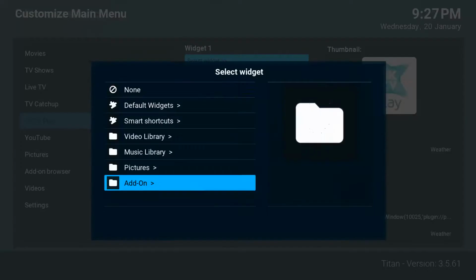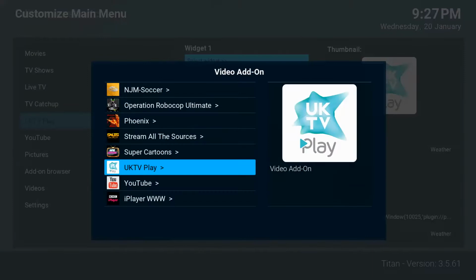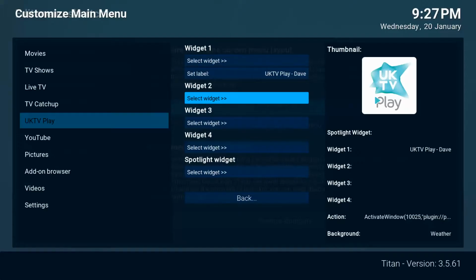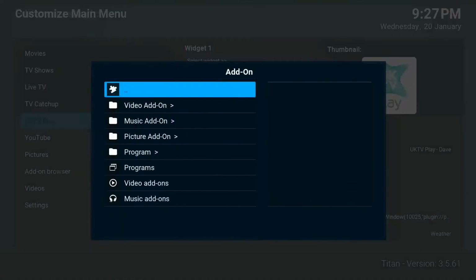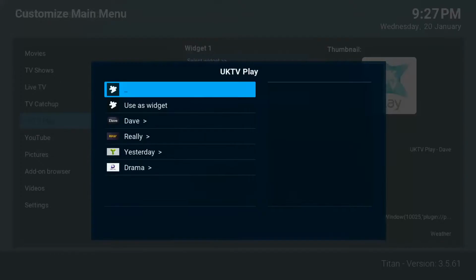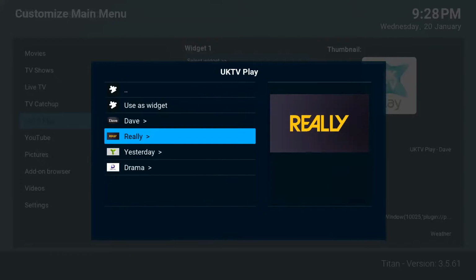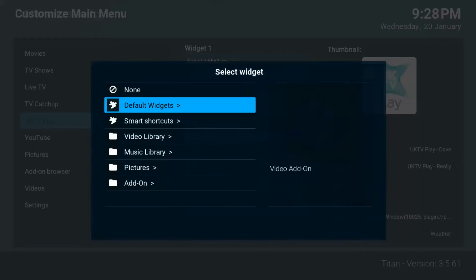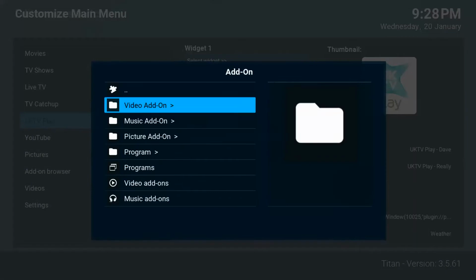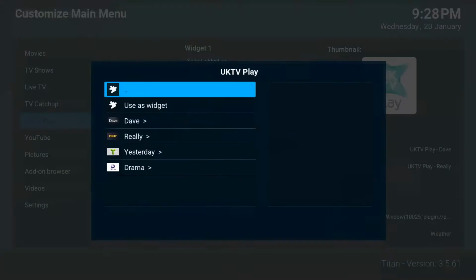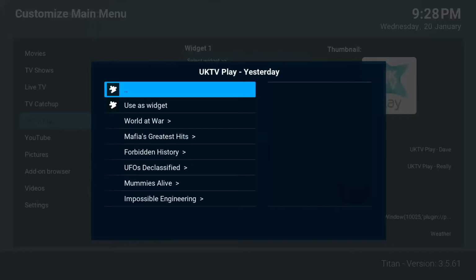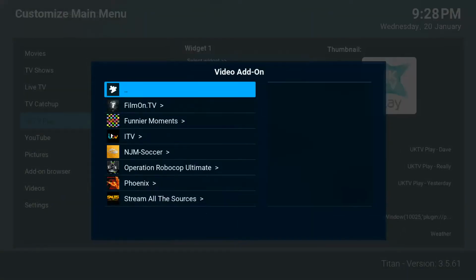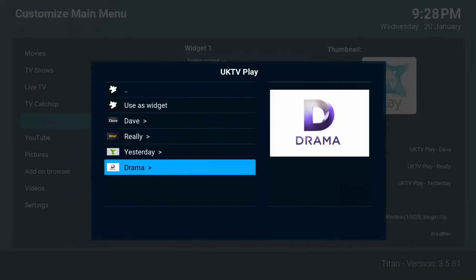So the first widget we want, if you've got add-ons, video add-ons, UK TV Play, you want to go to Dave first, and then use as widget. Do a similar thing for the second one, add-ons, video add-ons, UK TV Play. And then we'll go down to Really, and then click use as widget. So you can see what I'm doing here, I'm just going down the list, adding all the widgets for that add-on. UK TV Play, Yesterday, and the final one, add-ons, video add-ons, UK TV Play, and Drama,